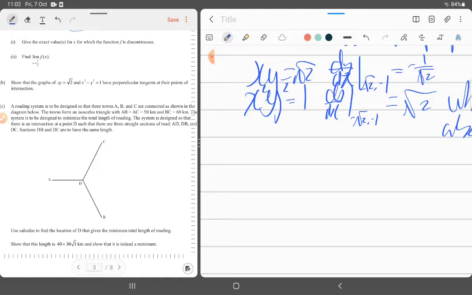Let me just show my graph. Actually I can't see on my graph, never mind. Okay, so